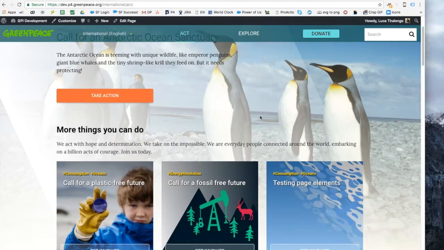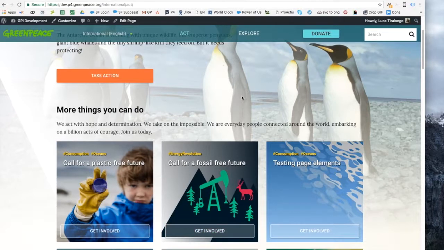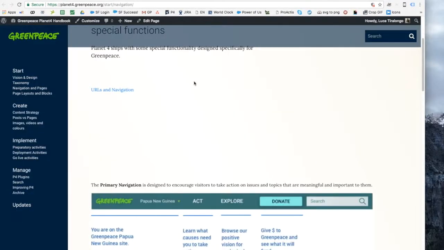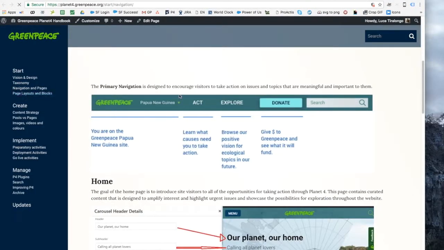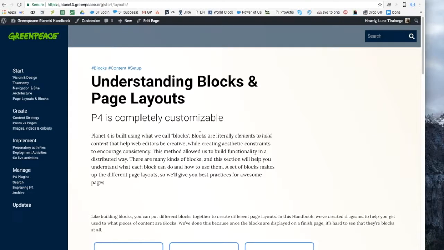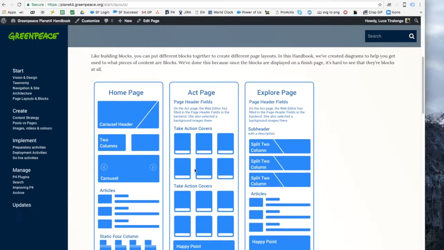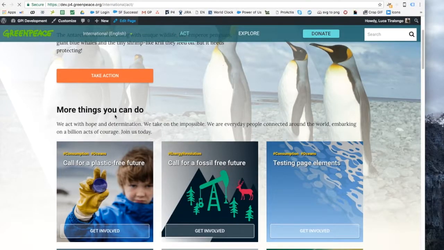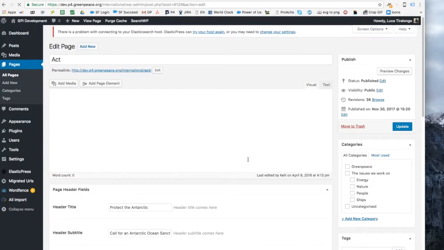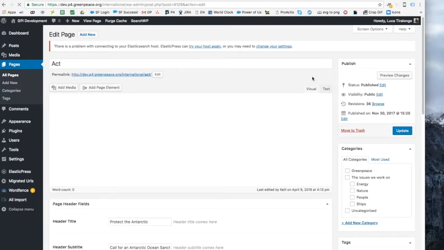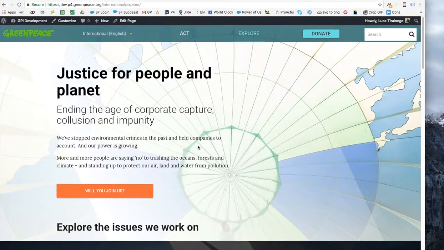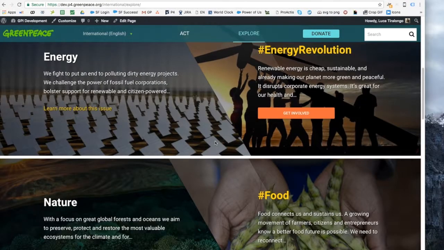What they basically do, they appear everywhere. You use the take action covers block. See, for example, if I go in here, you can see that in the Act page, you use these blocks. This block basically dynamically populates the page with take action pages. Okay, so take action pages. If you hit on any of the take action cards,